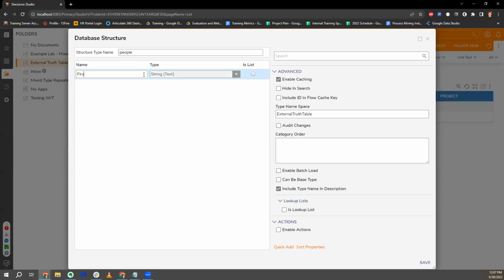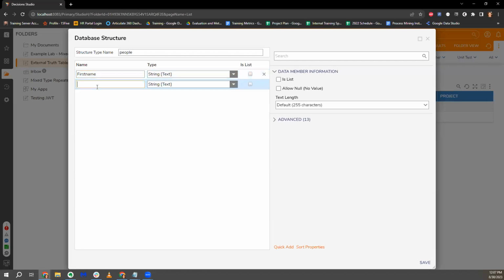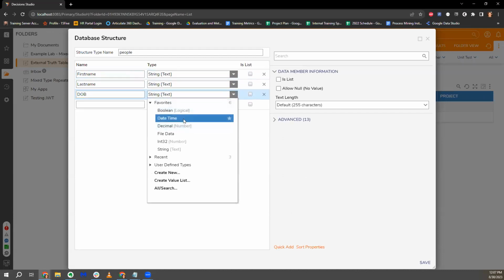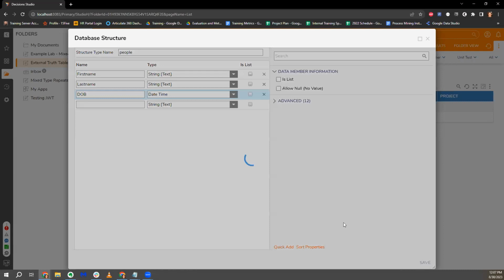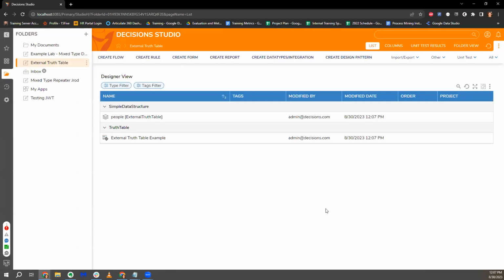People, and then I got a first name. Then I got a last name. And then I got, let's just say, date of birth, right? Perfect. All righty, date time, and we're good. All righty, so now what I can do with this data structure is I can say, hey, I have